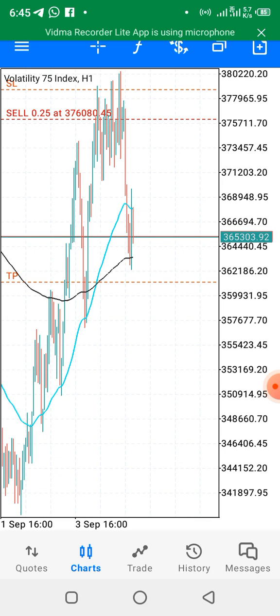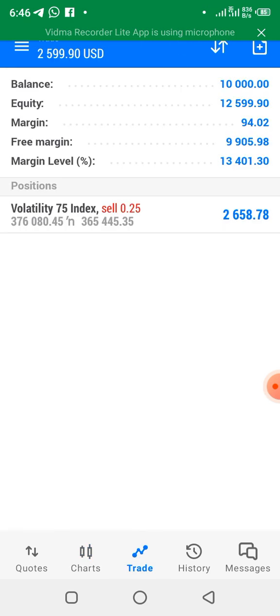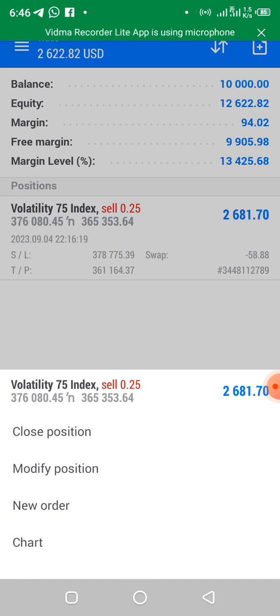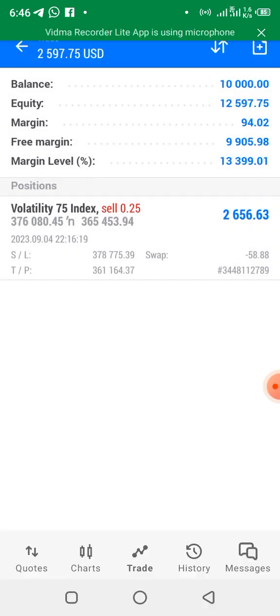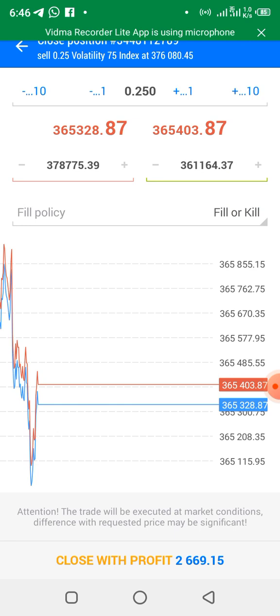All right. So in the class for risk management, we would really emphasize this. One more thing: I've not shown us how to close the trade. So when you click here, you hold it and then you click on close position. The trade will close once it gets to our take profit or our stop loss. But if you want to close it manually, you don't want to wait, you press on close position, right, and then close with